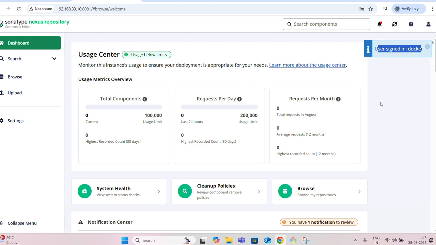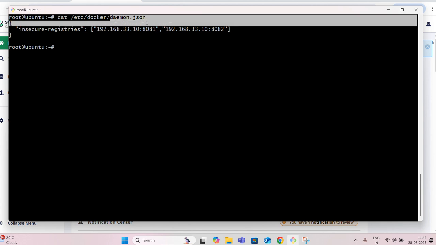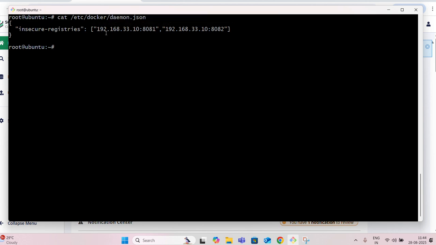Now I am trying to log in with the Docker CLI. For that, I created daemon.json. Don't forget, this is the path /etc/docker. In this path, I created this daemon.json, and you have to give the IP of Nexus and the port.